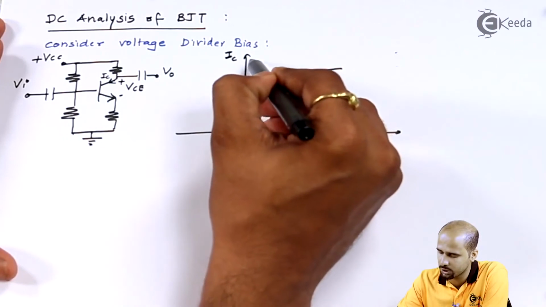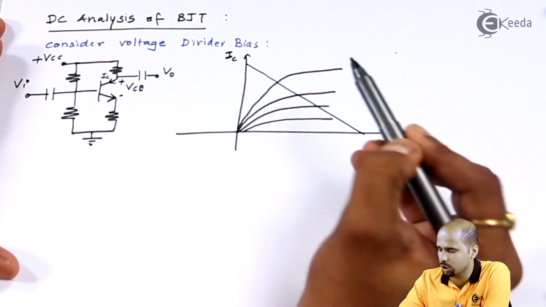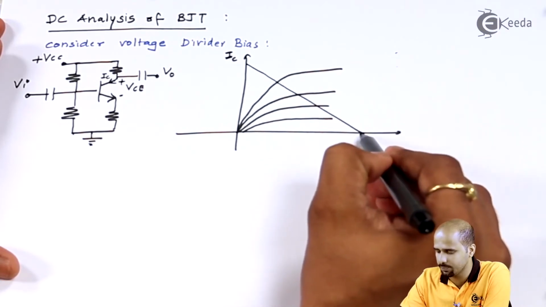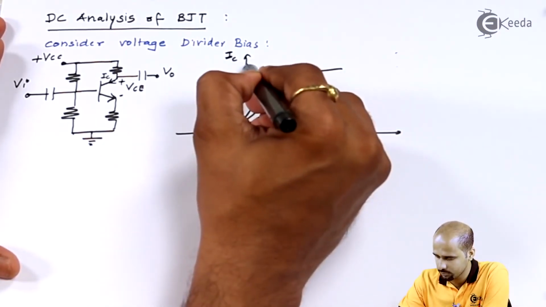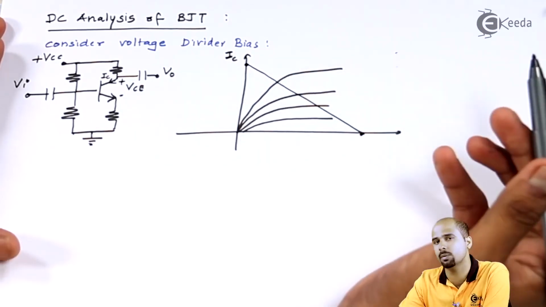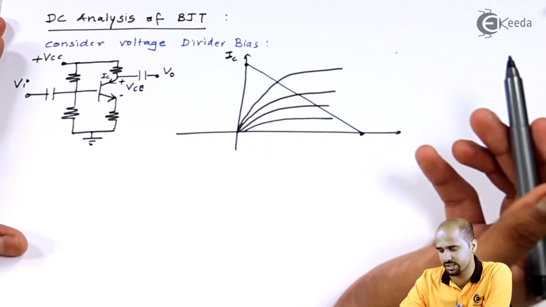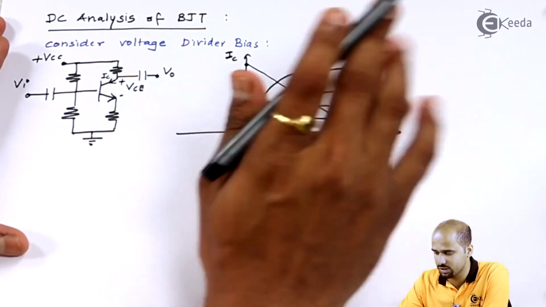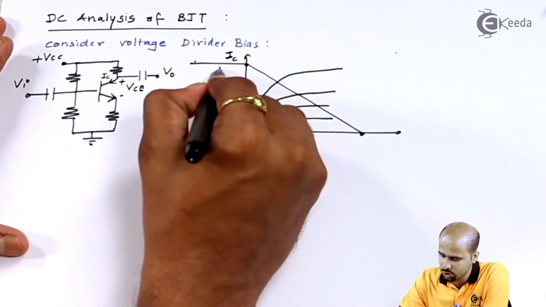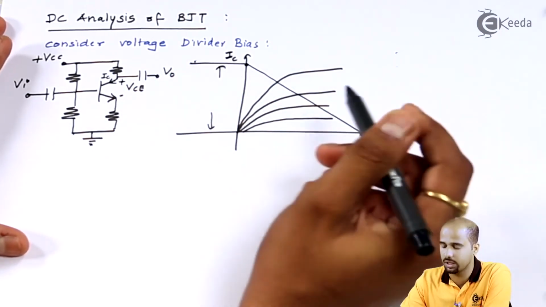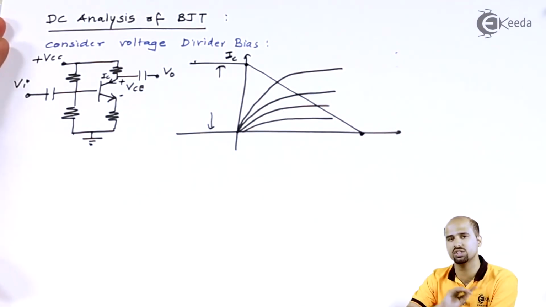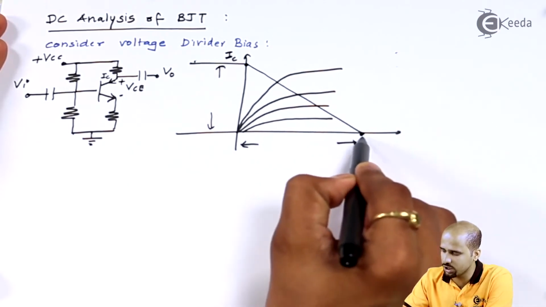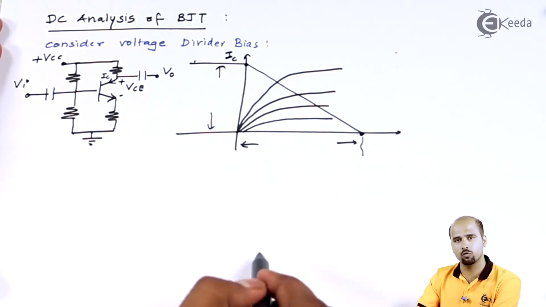When we draw these characteristics, here we will draw a DC load line. The first terminal is the maximum amount of current which we will get for DC, and the maximum amount of voltage that we will get in DC. That means this load line is saying that this is the region in which I can change the value of the AC current, and this is the region where I can change the value of the AC voltage.